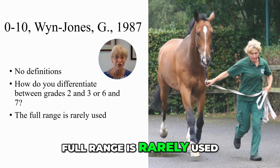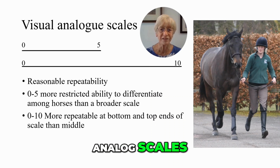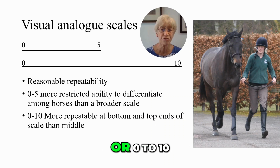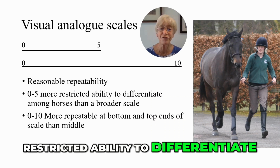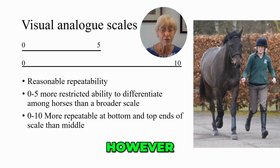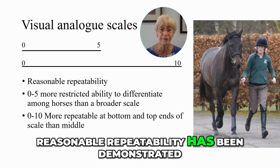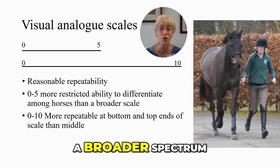Then there are visual analog scales, either 0 to 5 or 0 to 10. The 0 to 5 scale provides a more restricted ability to differentiate among horses than a broader scale. However, reasonable repeatability has been demonstrated. Using a 0 to 10 scale gives us a broader spectrum